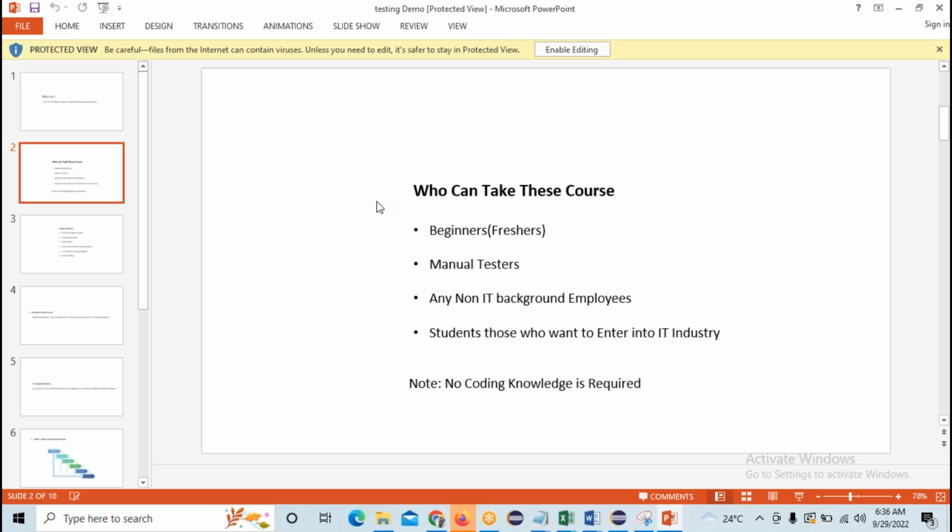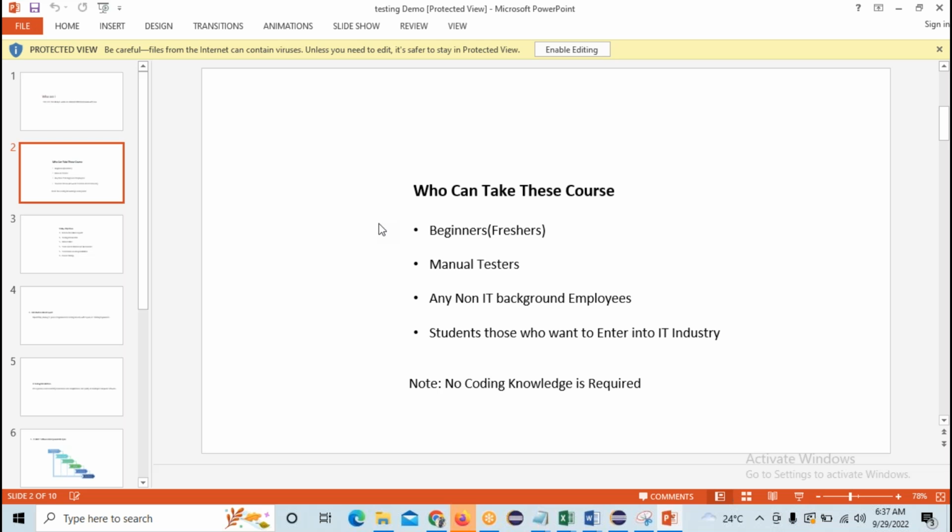And who can take this course? Before joining the course, many people have the doubt: who can take this course? May I be eligible or not? Most of the people have this doubt, right? So to clear the doubt, I created a small slide. The beginners, who just completed their graduation, or who, due to backlogs, haven't joined immediately after completion of their graduation, are looking for a fresher job. Or some women, due to caring responsibilities and all this, are away from these jobs. For those people also, this course is very helpful to enter into the IT industry again.